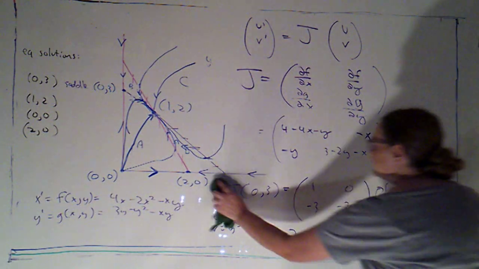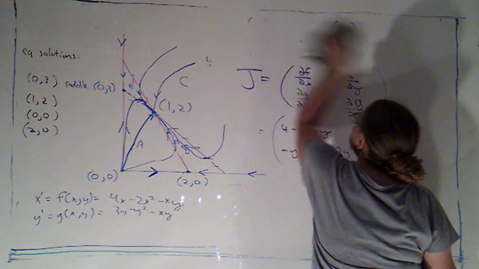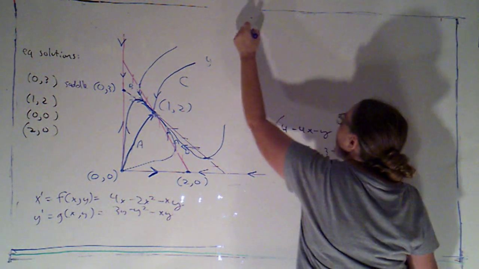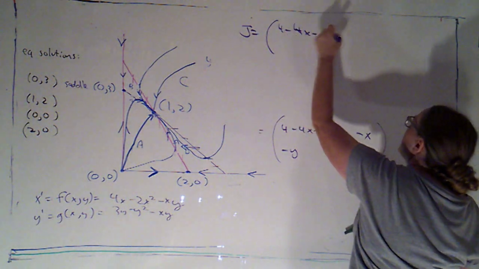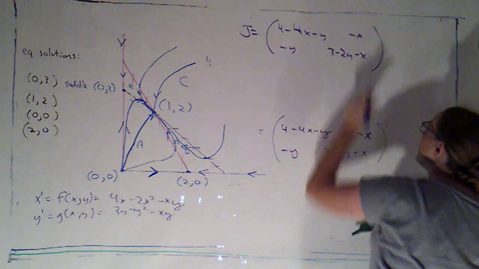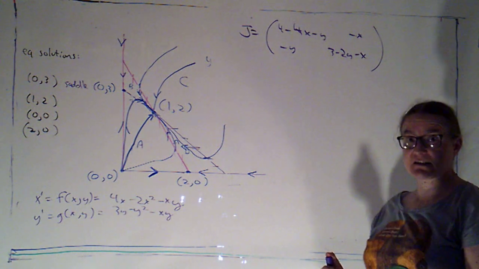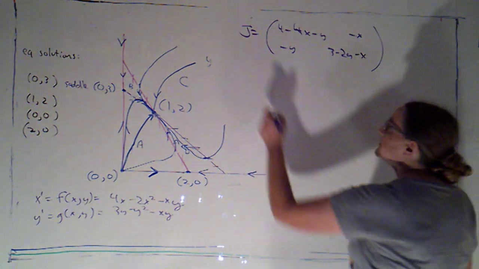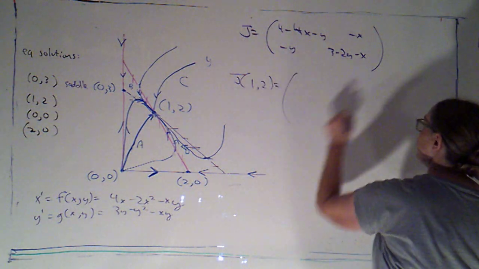Okay, so let's take a look at our next equilibrium point. I think what I'm going to do, just to give myself a little bit more space, is write down this generic J up at the top of the board. So we really are just working with that here. And notice it wasn't necessary to draw the phase portrait for the linearized system in order to classify the equilibrium point as a saddle. Okay, so if I look at the Jacobian matrix at the point 1, 2, so that's